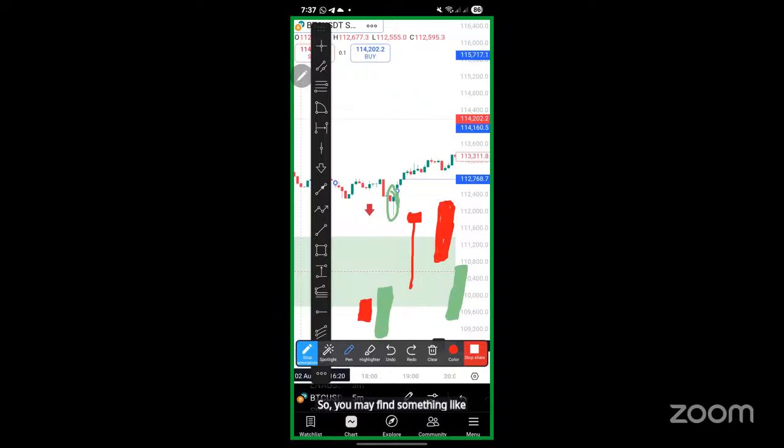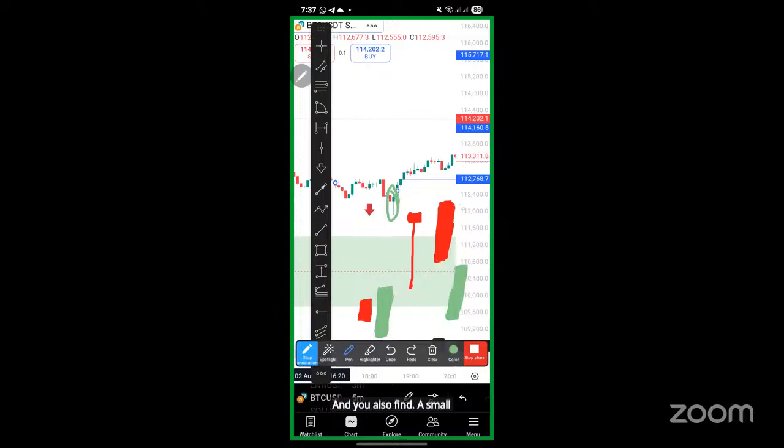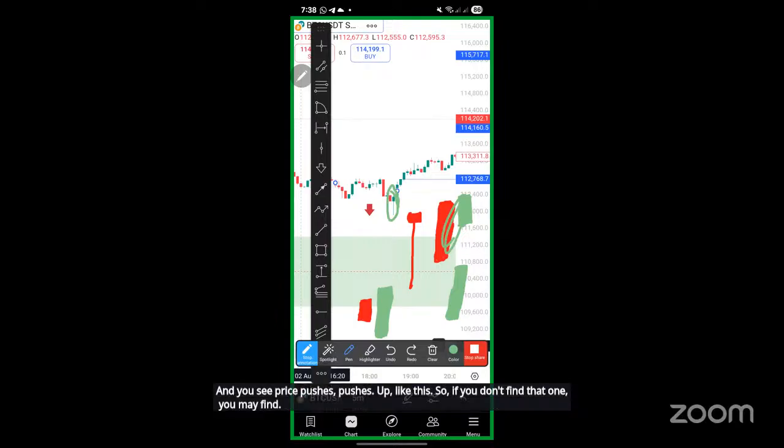You may find a big candle like this, and you also find a small candle, a bullish inside bar, and you see that price pushes up, like this. So if you don't find that one, you may find that